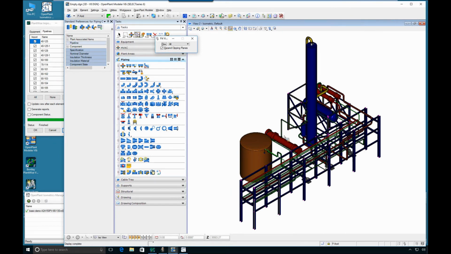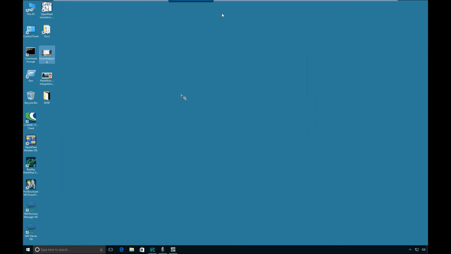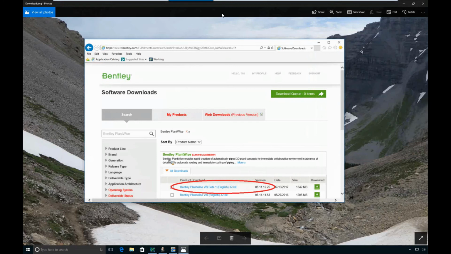So before we go to questions, I thought it would be good to give you a little idea of how you can try this out. The first thing you need to do is download this. You can download it from our fulfillment center, which can be accessed from bentley.com. This is release number 8.11.12.26. And then once you download and install it,